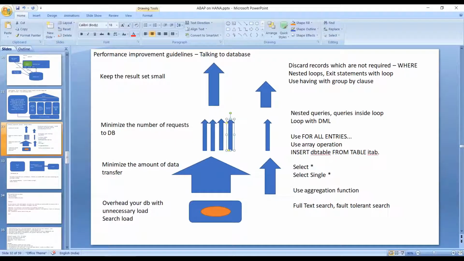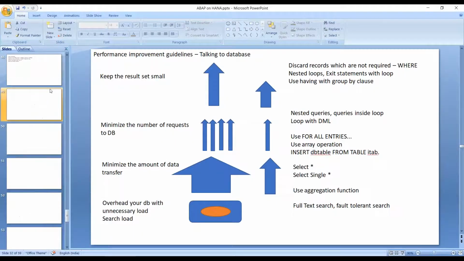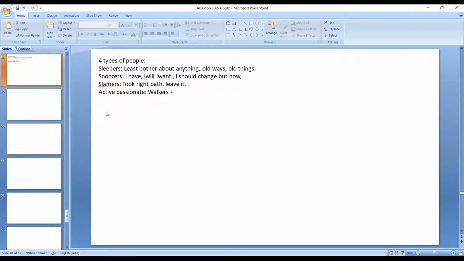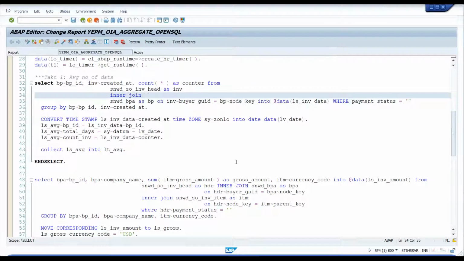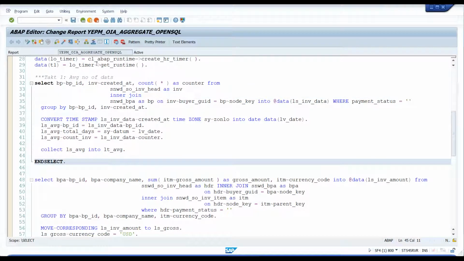So let's introduce what exactly information modeling is all about. Let me start with information modeling, but before we start we first have to have a look at our HANA DB, how the HANA DB is connected to ABAP. If you want to know which database your ABAP system is connected to, the very first thing you can do is go to System, go to Status, and now here you can see